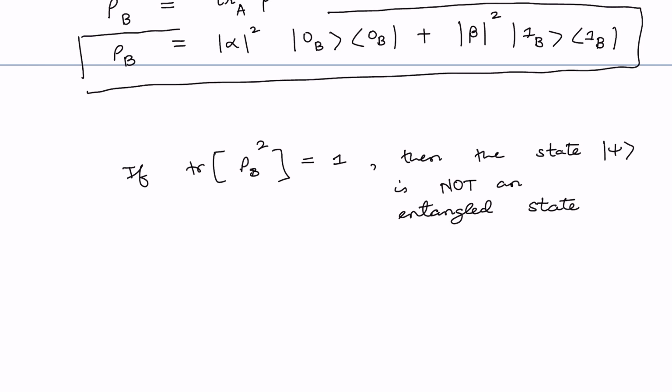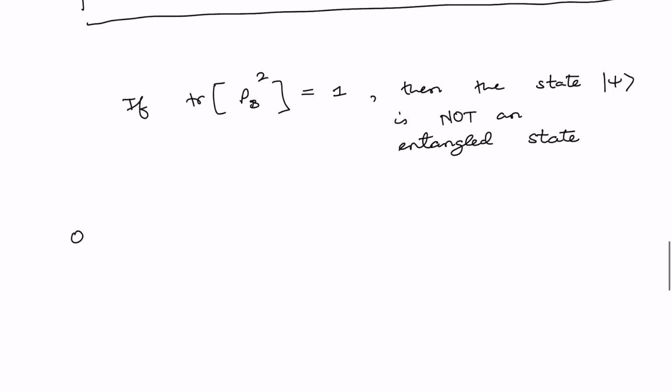And here rho_B is the density operator or reduced density matrix of the system B, and because trace of rho_B squared is equal to 1, it's a pure state, and that means that we have the complete information about the system B. Therefore, the system B cannot be entangled with system A. On the other hand,